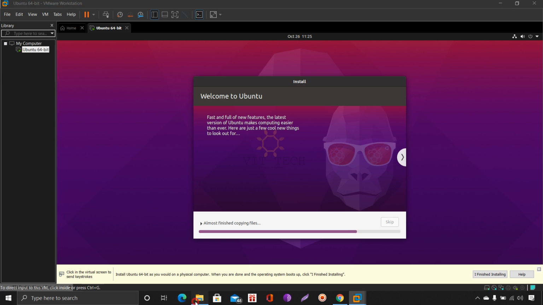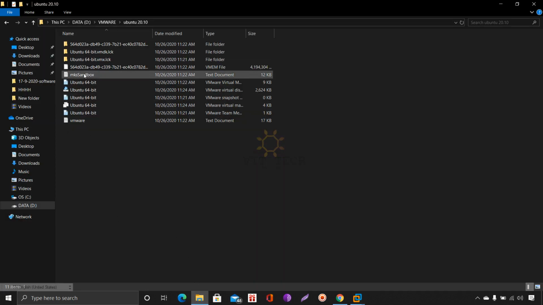We will check the manual folder, how many files. The same 11 files are there. Now you can see this folder, that will be gone after installing.